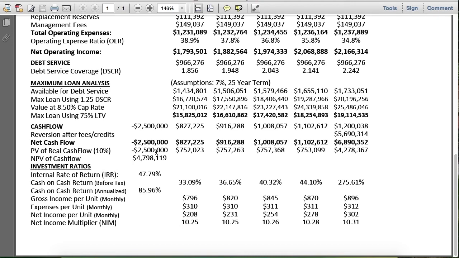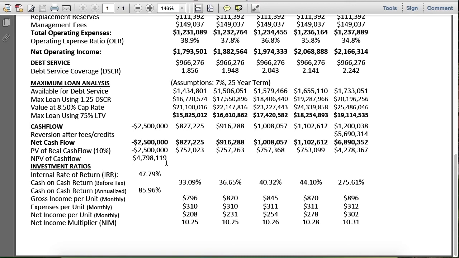Now your present value, they're calculating it based on a 10% investor return from your current investments. So anytime that this number is a positive number, you know that this was a great investment, and this will do a lot more than your 10%. So what this is calculating is, if you did not invest in this and you had $2.5 million, would you be better off with the $2.5 million and continue doing your own investments, or get involved in this investment. And in this scenario, this would be $4.7 million